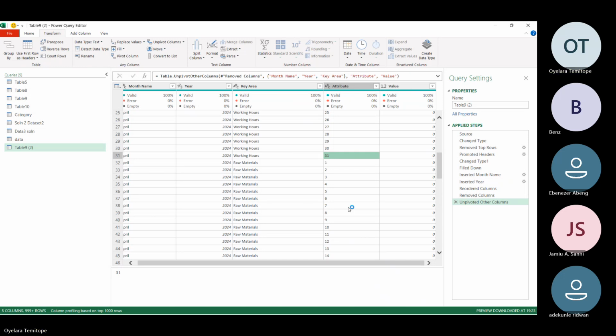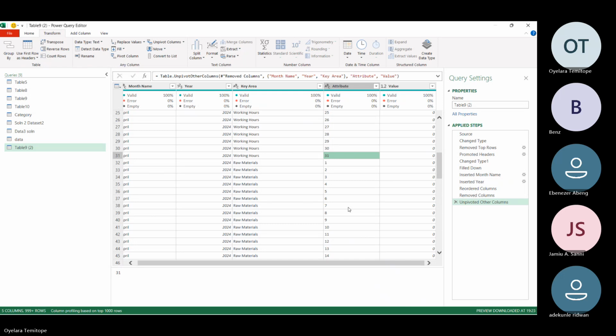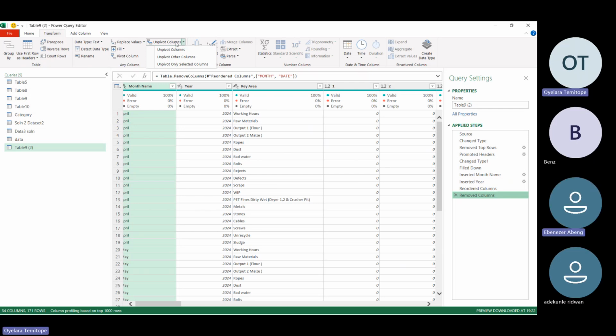Are we clear? Yes, yes. How can I proceed? If you're doing pivot, that means it should be the other way around. Please, can you do a pivoted column? You just did the unpivot now. I was asking if you could do pivot. There's no pivot though. I think it's unpivot. I'm seeing Pivot other columns. So I actually selected unpivot other columns